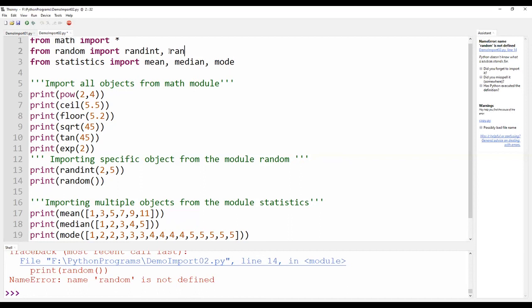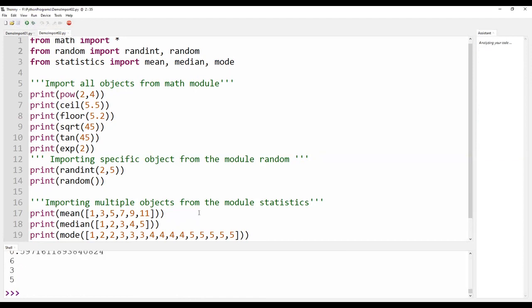To rectify the error, I am just showing it. Since an error has occurred, I am running the program again. Yes, now I am able to get an answer for that also. That is, random has generated a number between 0.0 and 1.0, and this is the answer for that particular one. I hope this part, that is importing either the entire module or importing the necessary modules using from, has made things clear. Thank you.